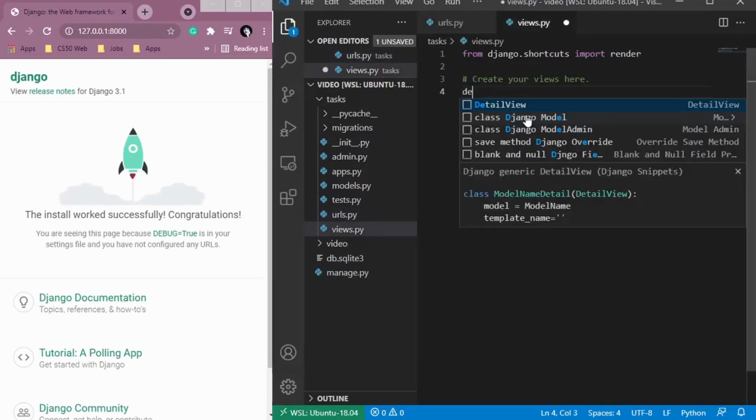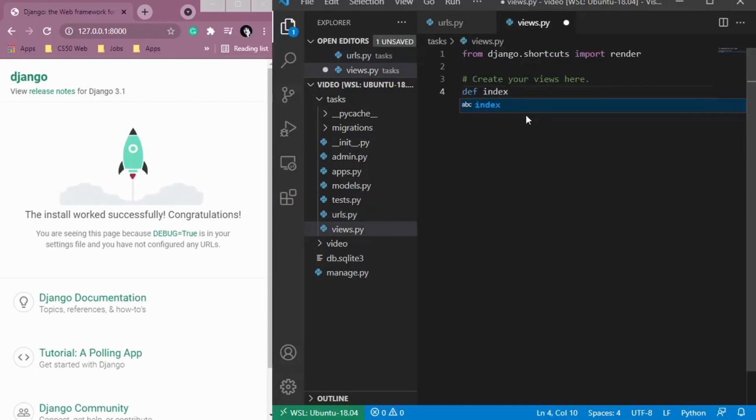So here we're going to say def index, and inside we have to use request, okay? These are some notations that we have to use when we are working with Django. And the first thing we're going to do is just return render the request and tasks